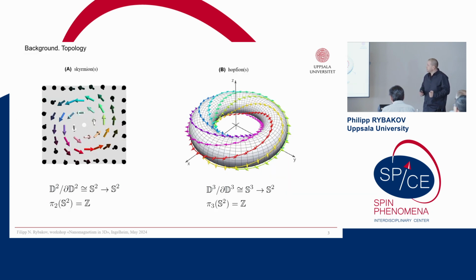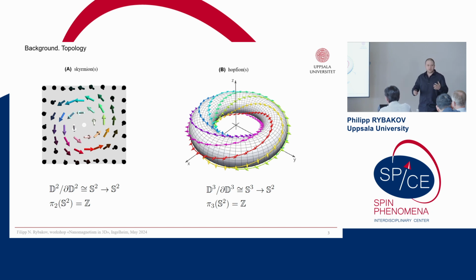But before, let's talk about general things, a kind of introduction. So this is a sketch of a simple skyrmion, let's say, and a simple hopfion, and topological notation for such kind of particle-like states. It is presented here in maybe a little bit unusual form. It is very common in our community to write simply a map between spheres, but this notation actually